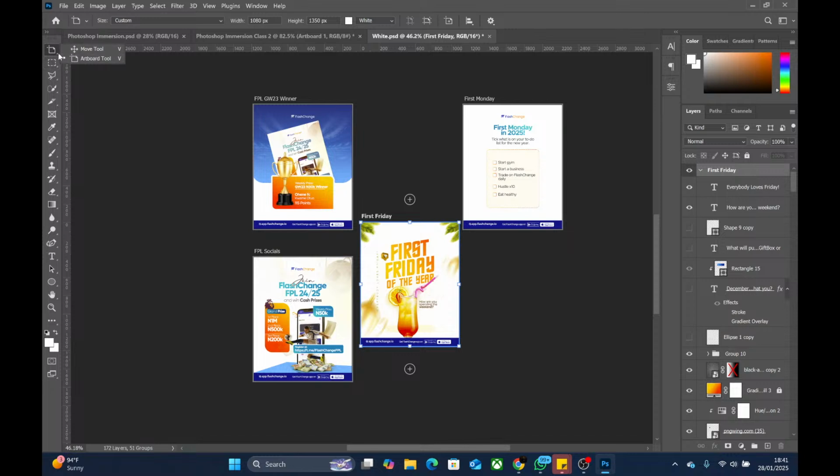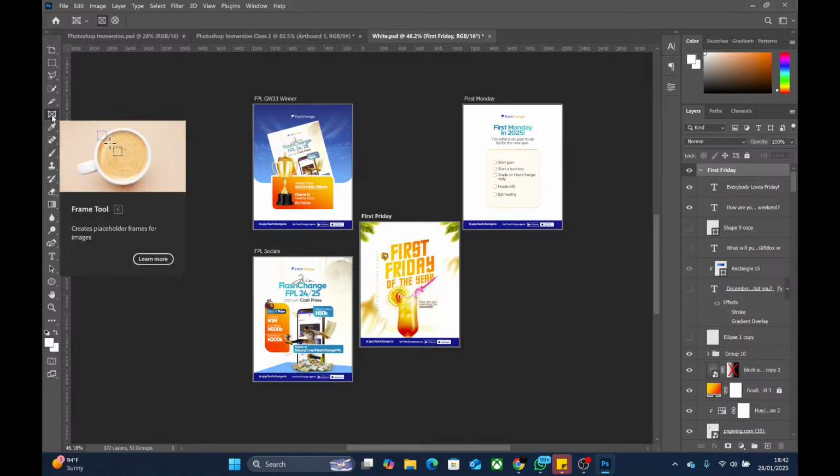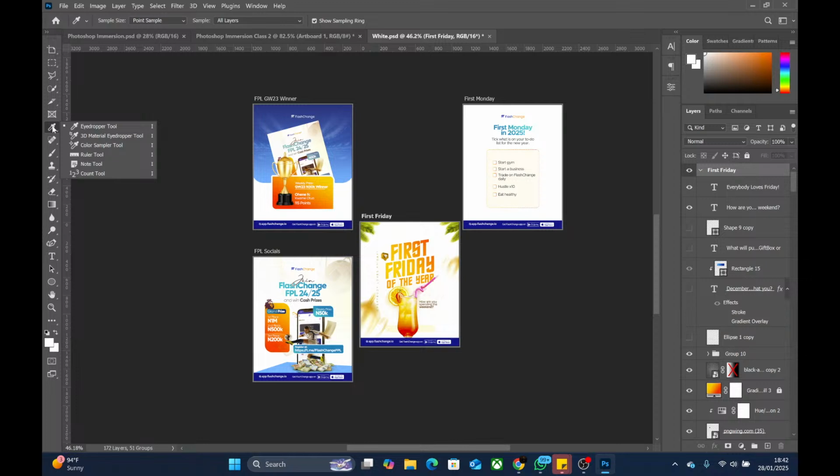So it is either that you click and hold your mouse to see more, or you can just right click on the tool. Let me do that for you. If I right click once and release my mouse, it will show them. I'll right click here, same thing happens. Right click, same thing. I hope my microphone is picking up my mouse clicks. So if you right click, it will show you what is inside. Oh, this one is just one, it doesn't have an extension. Okay, right click, it shows more. But you can also click and hold and it will still show more. That is the first thing.